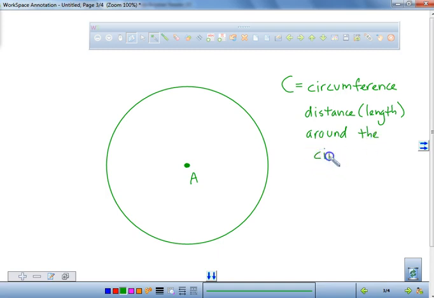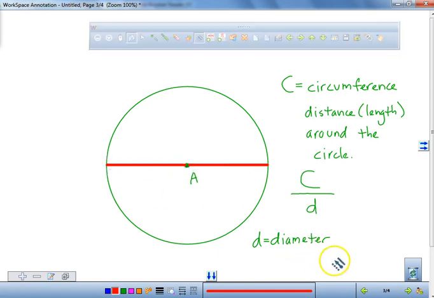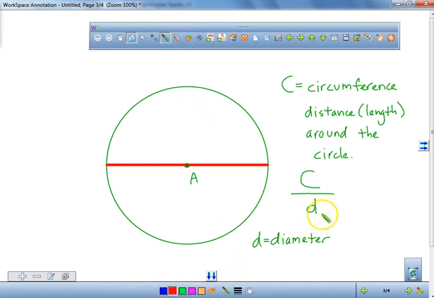And you guys already know that. You guys should have been taught that many years ago. You know what the circumference is, okay? Now, if you take the circumference, the capital C, and you divide it by the length of its diameter, so we put D equals diameter. I'm going to draw in the diameter. So that's the diameter all the way across. The chord that goes all the way across. It's all highlighted. So if you take the circumference and you divide it by the diameter,